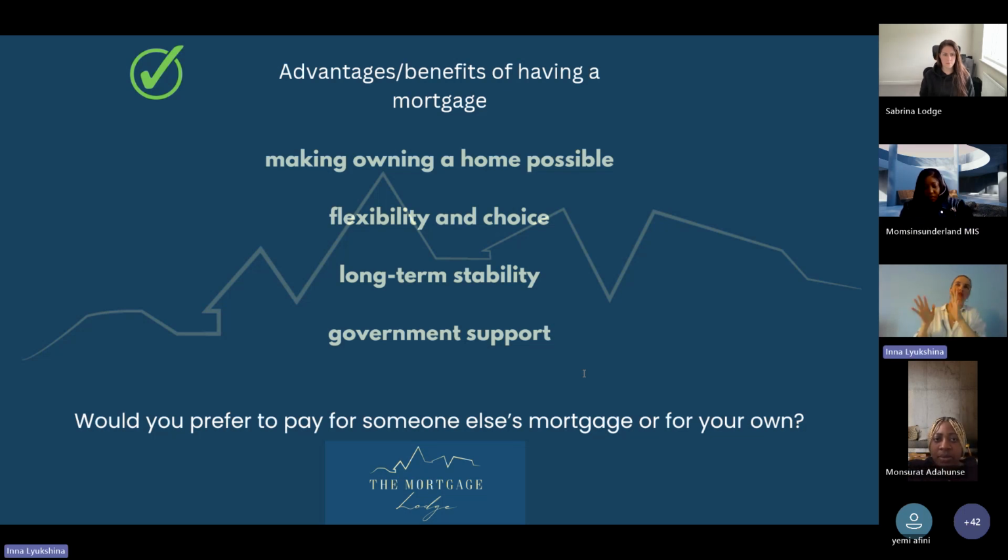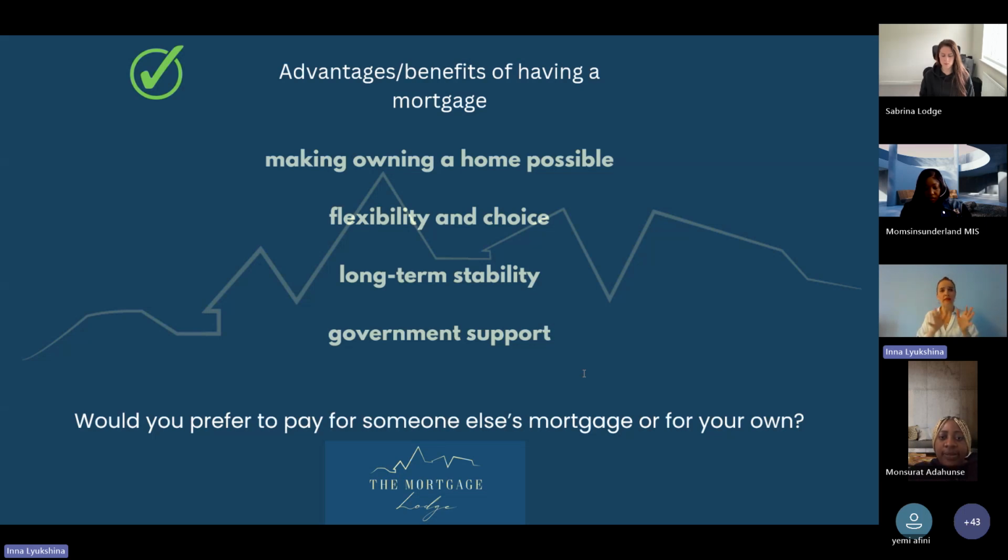Okay, so first things first, there is no such thing as a minimum salary requirement if you want to buy a property. How much you can borrow depends on how much you earn. The basic formula that most lenders use, and it's not a secret, is 4.5 times your income. So let's say somebody earns £30,000, I'm just doing a very basic calculation here in front of me. If we times it by 4.5, potentially they could be looking to borrow around